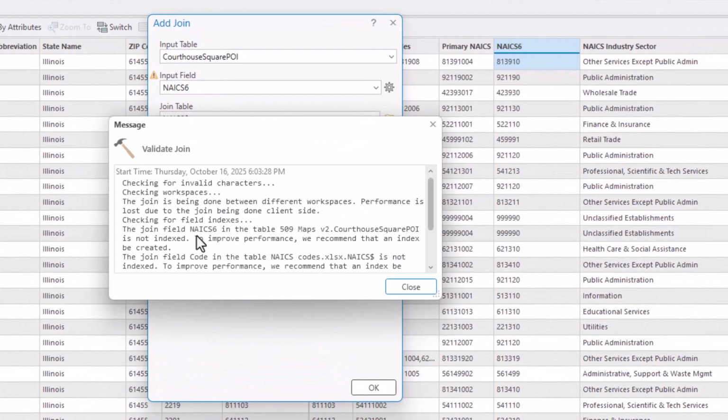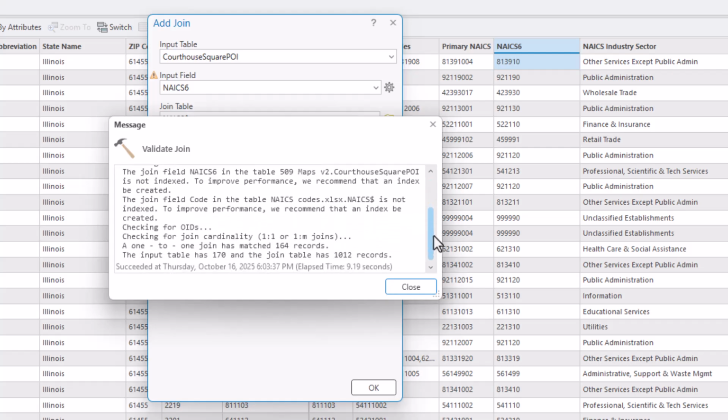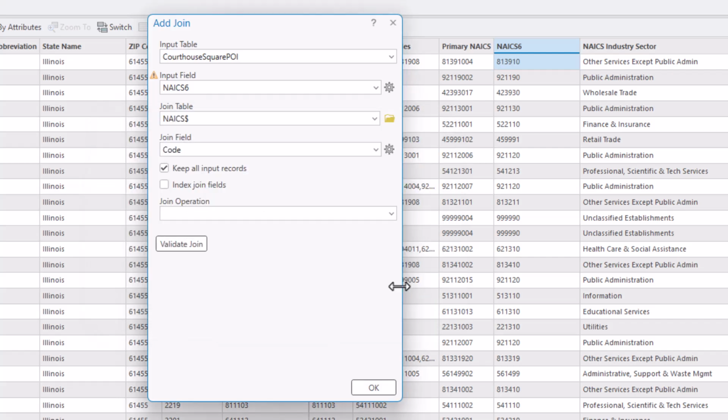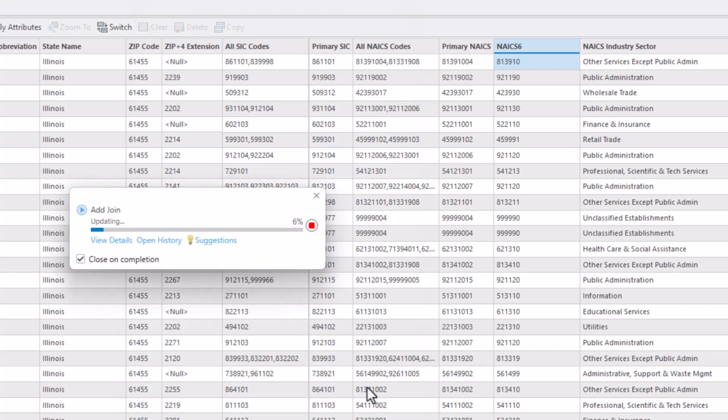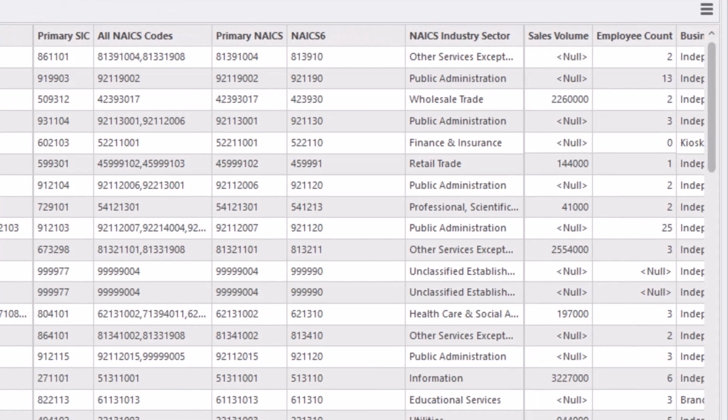And we get this message showing us that it matched 164 records of our table. There were 170 records in our table, so 6 of them did not get matched. And you're likely going to see 99990, which is an unclassified establishment, being the ones that didn't get matched for the join. We'll click OK. And now that the join is complete, we scroll all the way to the end of the